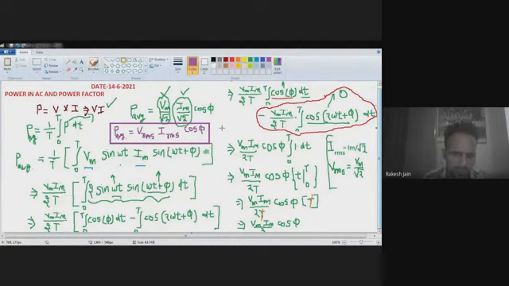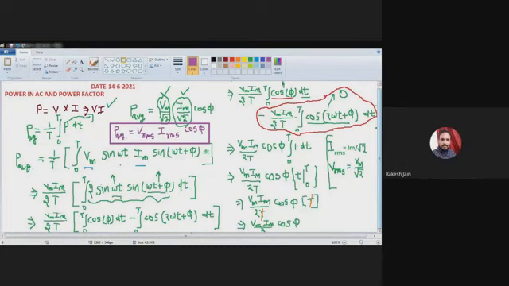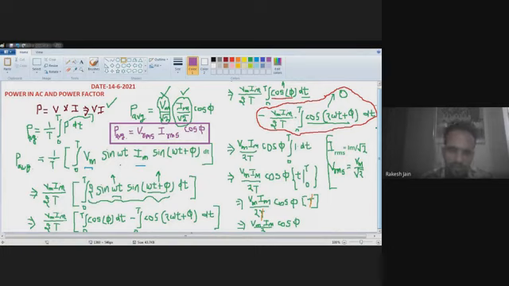In AC circuitry, maybe you have a reactive component, a resistive component, or a capacitive component, or all of those components. So how can we determine my power in the resistive and inductive case? We can calculate it easily with the help of this formula of average power of AC. Now see the average power formula in the inductive and resistive case. First of all, what is the meaning of this cos phi?